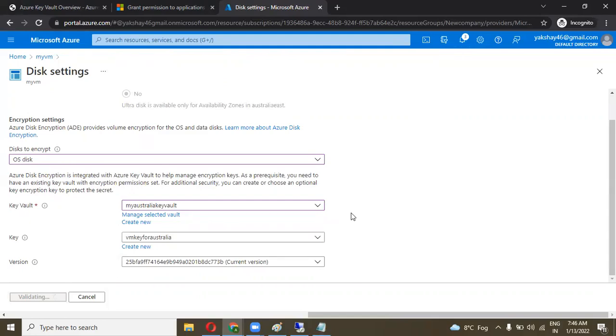And there is also some drawback of the ADE. Once it is completed, I will show you what is the drawback of that machines and the ADE. ADE means the Azure Disk Encryption. So it takes some time, maybe 2 or 3 minutes.